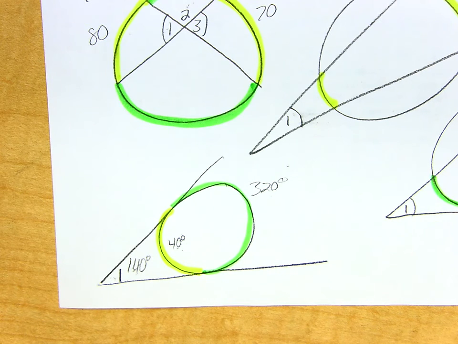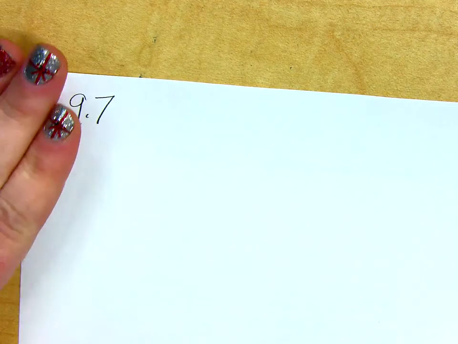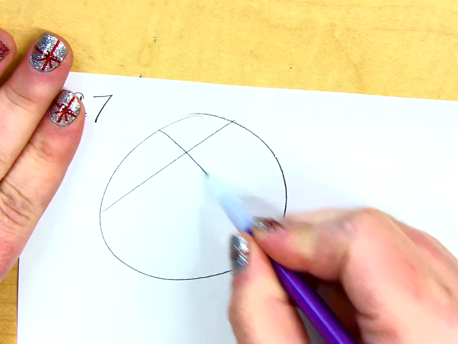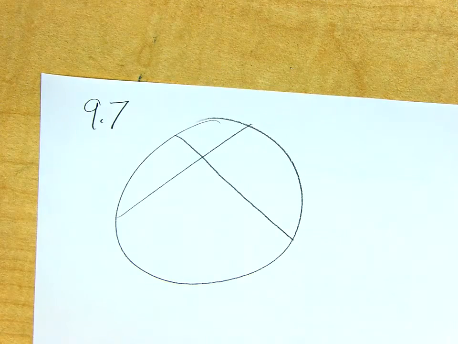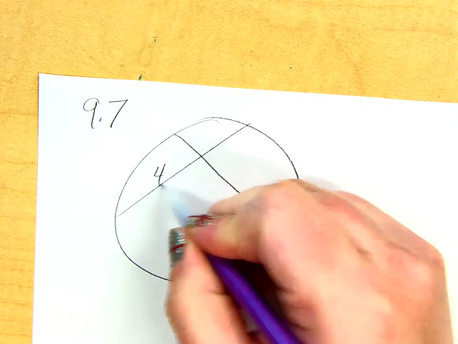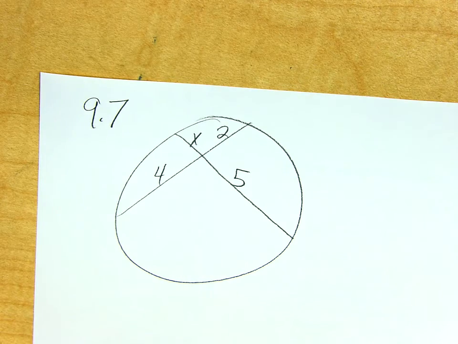And then 9-7. I love 9-7. Maybe that's just me. This 9-7 has to do with the lengths of things. So if I had 2 chords that intersected each other, this has nothing to do with the angles now. Now I'm talking about the lengths of these chords. If this was 4 and this was 2 and this was X and this was 5,